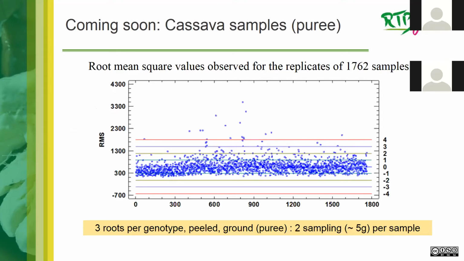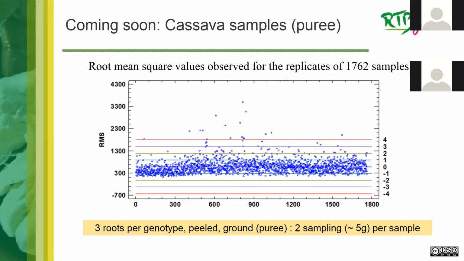And coming soon in another webinar, we will see what we have done in CIAT for cassava puree to determine the calibration of carotenoid content. It was not possible to do what we have done for avocado here, because analysis of carotenoids is complex, and we need a big range to do the calibration. So it's not easy to start a design of experiment and try to do the calibration to see the optimum number of subsamples to take.